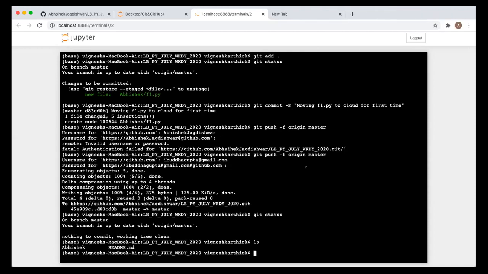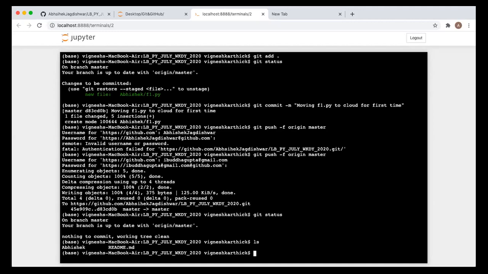So what I did after that, I did git push -f origin master after committing. So I'm pushing these changes to my cloud repository. It was asking for the username and password. You need to enter them. When you are doing it for the first time, it will pop up a login window. I did it for the first time, so it didn't pop up. It was asking me the password. I denied that, and then I entered my username and password here in this terminal. I entered the email ID, since username it was not taking, and then I entered the password. After that, it pushed the code to my cloud repository.